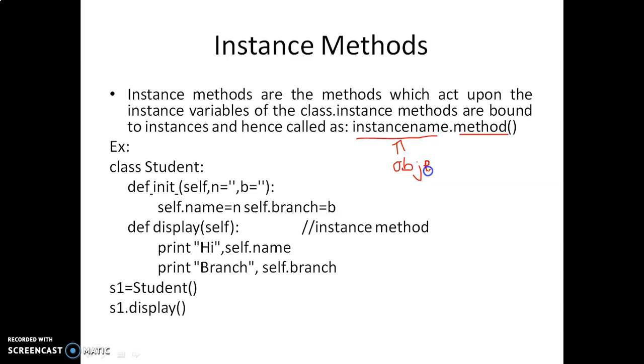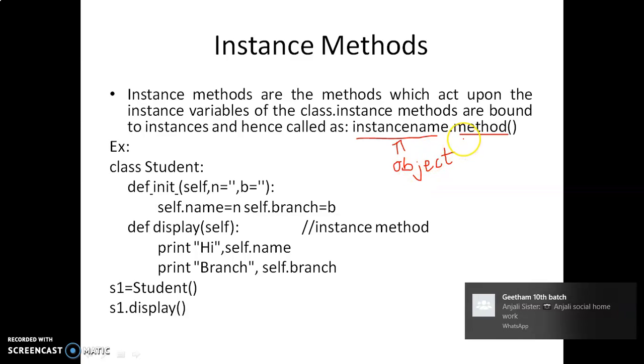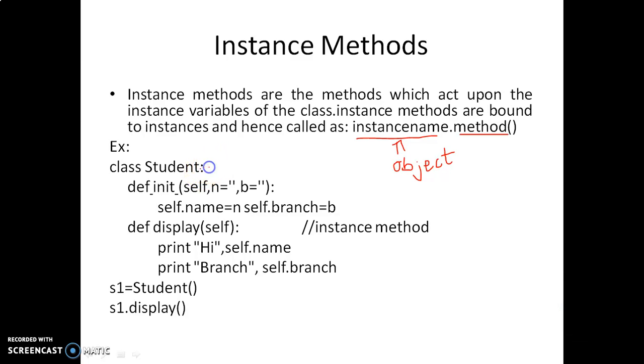After creating the class, we'll create an object for the class, and using that object we can access the methods of the class. So we'll see an example for this. The class is a Student class. We are creating a class with the name Student, and we are creating one constructor, def __init__, with 2 underscores. By mistake only 1 underscore is displaying. self is a default variable, and I am passing 2 parameters, n and b, with default values as blank, that is, these are 2 string variables with blank strings.